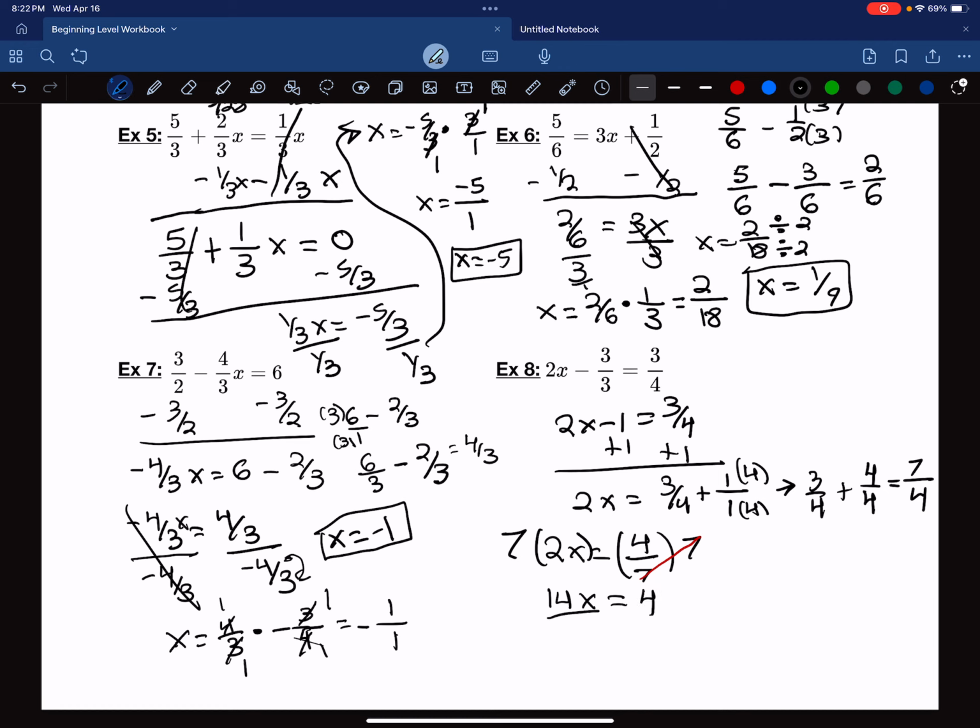And then from here, we can just solve for x by dividing 14 on both sides. So x equals 4 over 14. And if we reduce, we get